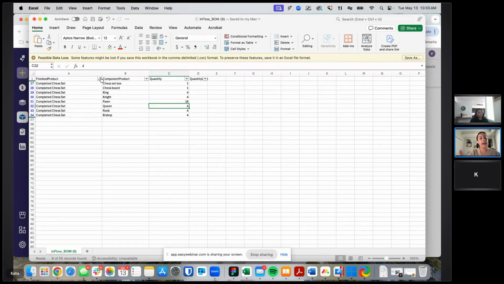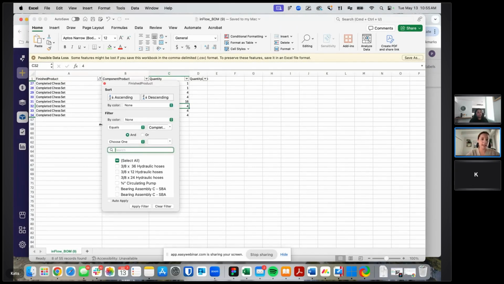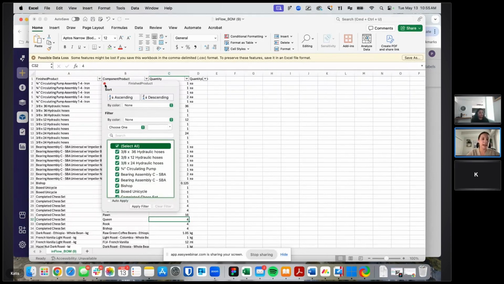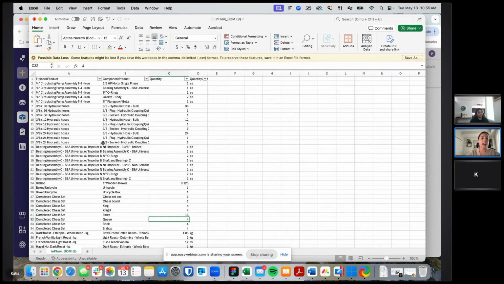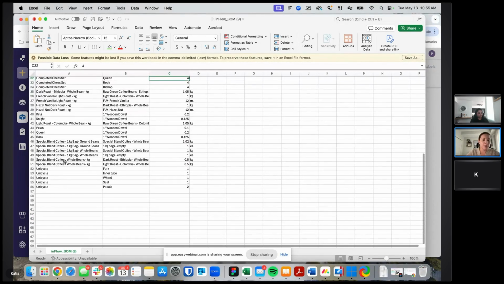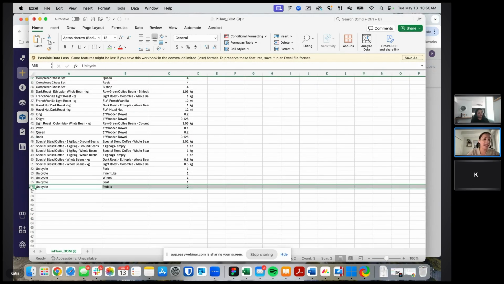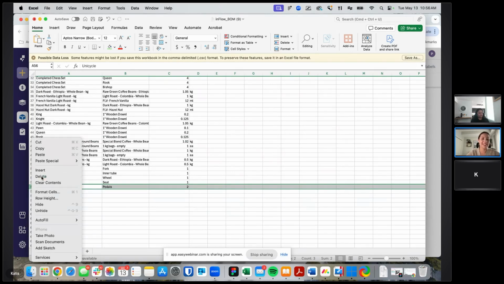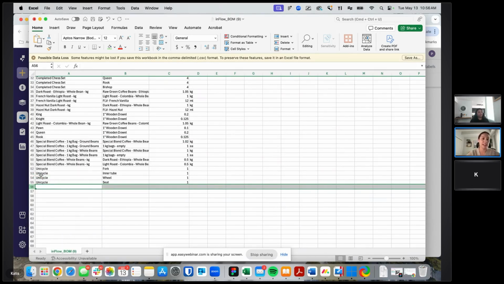Now, as you saw, I had added a filter. There are still a bunch of other products on this sheet. If I did make additional updates, so if I hadn't just filtered for my completed chess set, I could make updates to some of these other ones. And then I can just change it in the sheet. I can remove certain products again. So in this case, let me remove something off of the unicycle. I mean, we need pedals, but just for this example, let me remove it so I can show you what that would look like as well. So I'll save the sheet,